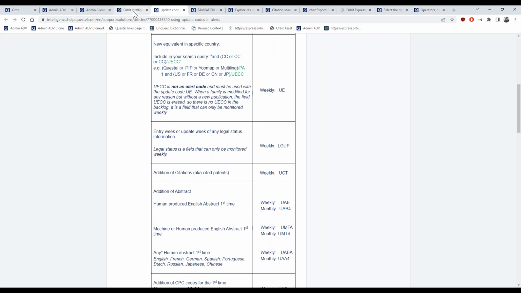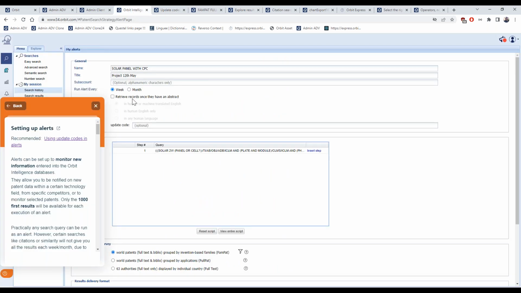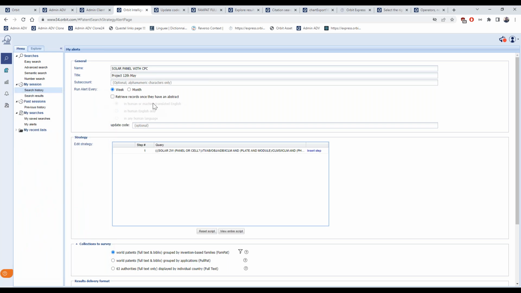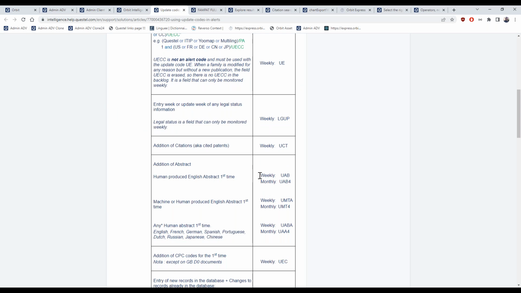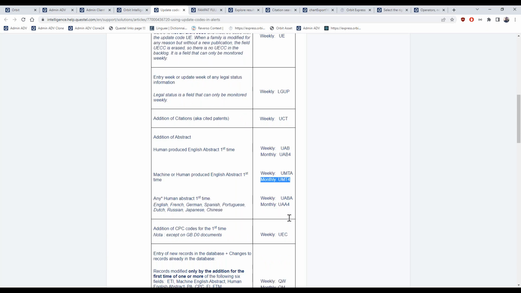So the default option that we just removed, retrieve records once they have an abstract, is in fact the index UMTA for weekly monitoring. For monthly monitoring is UMT4.